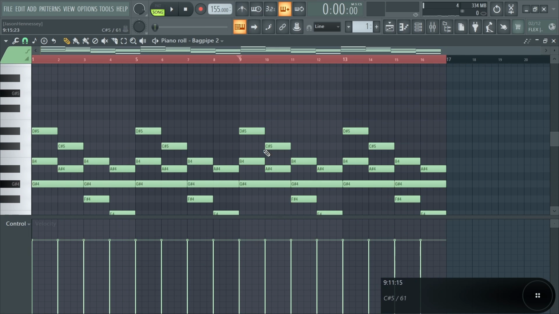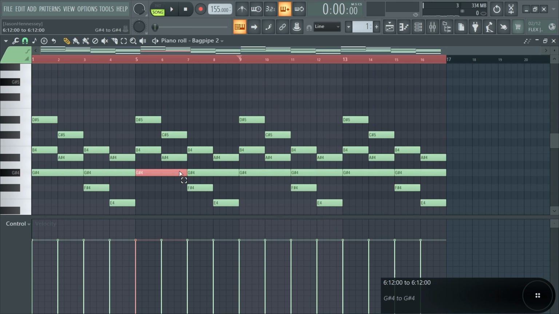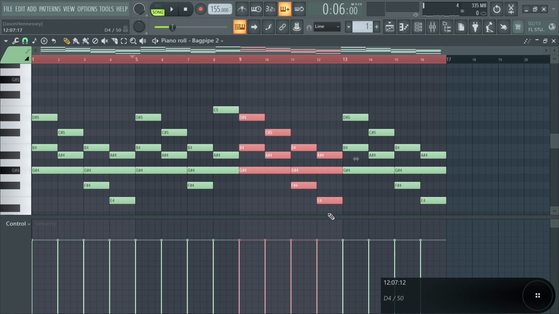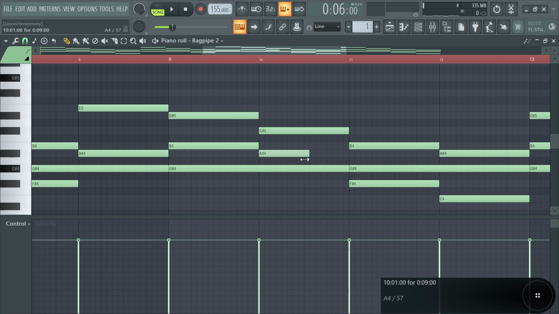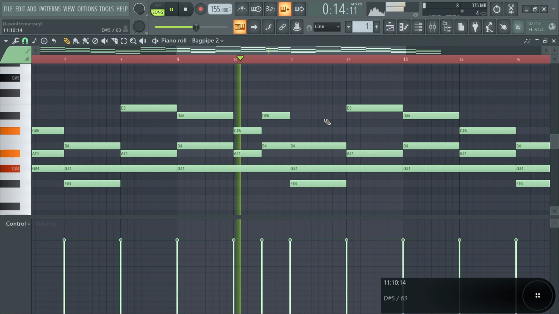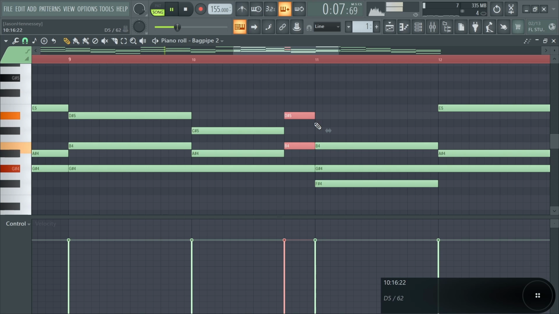And then I want to change the second half a little bit. Well, it's the same thing repeating 4 times, so maybe I should start changing it here. So maybe this note comes up. Okay, so maybe in this section we can do something like this. And then maybe pitch this one up. I think that's a little bit too... I don't know what the word is. Just didn't really work